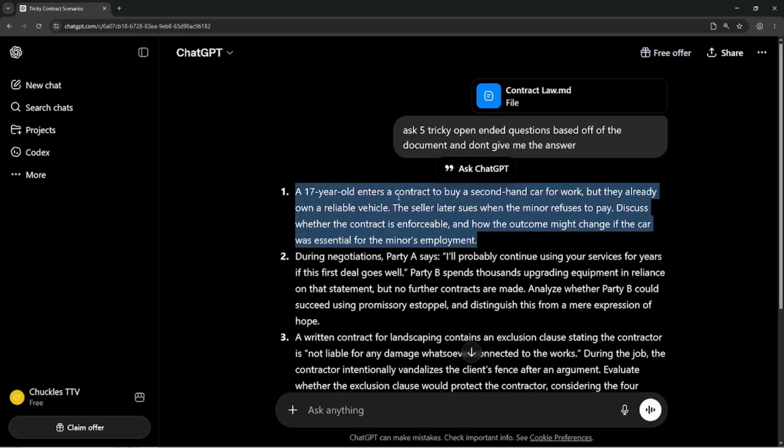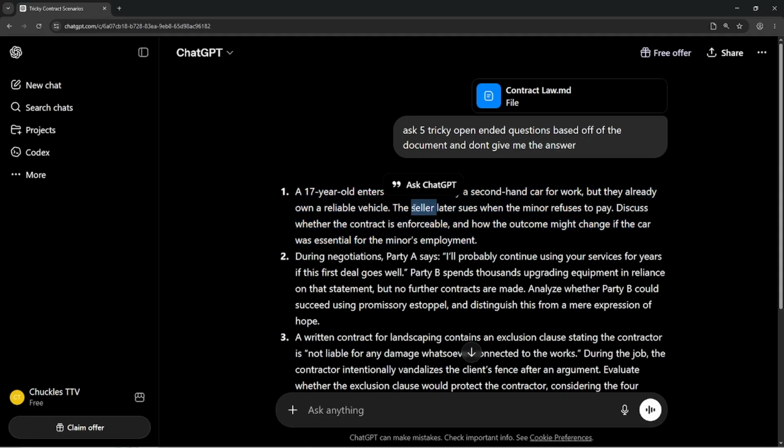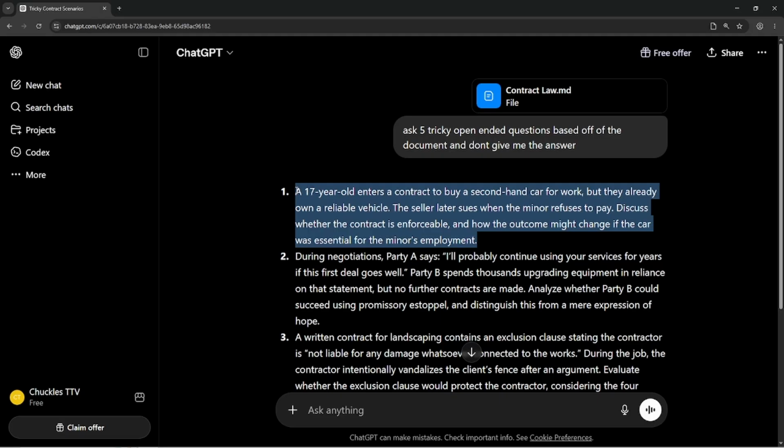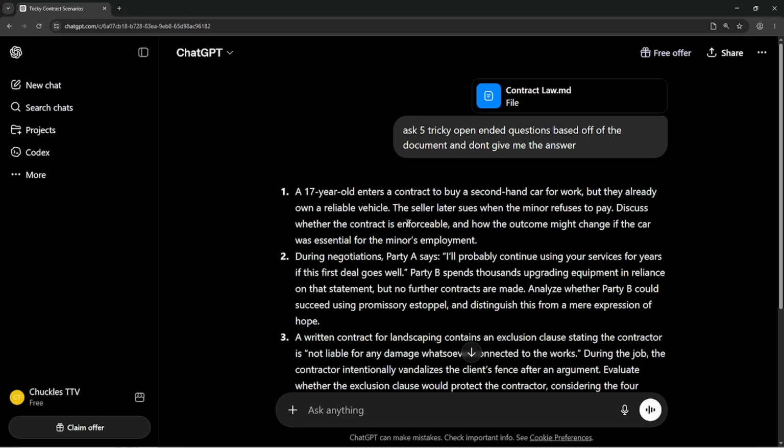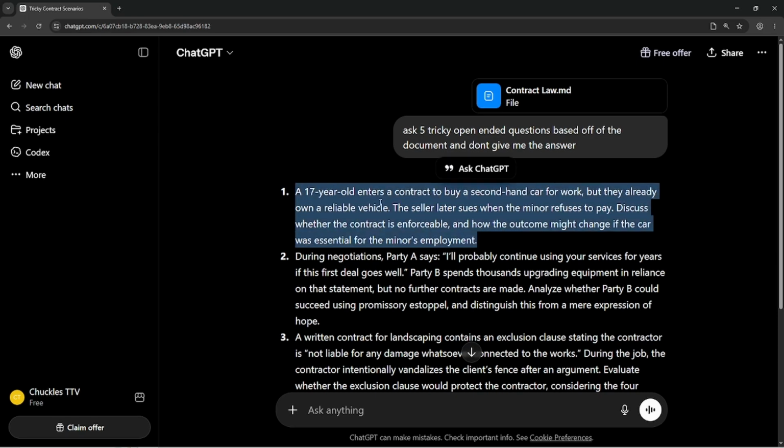And because they already own a reliable vehicle, there's no issue of damages for the 17-year-old, because I guess they got the vehicle. If the seller is suing when the minor refuses to pay, I'm assuming that means the 17-year-old has gotten the vehicle and is refusing to pay, or maybe not. Maybe the seller is suing because they were relying on the minor to pay, and the question doesn't say that the car has actually changed hands. So, okay, assuming the car hasn't changed hands,